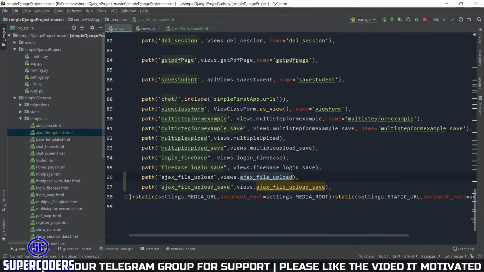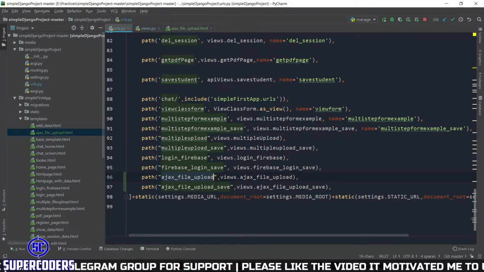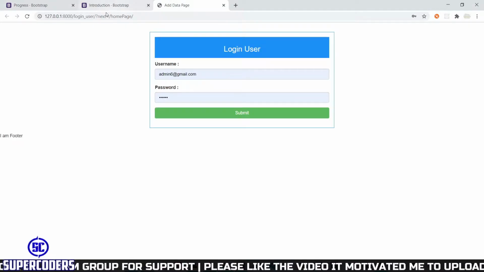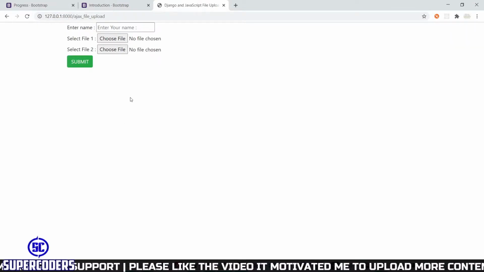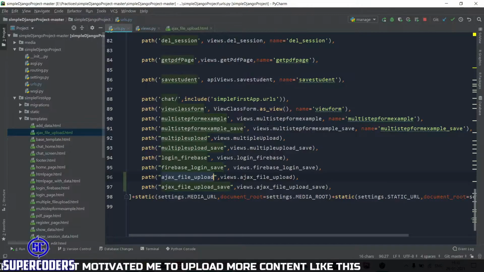So copy the URL. Let's copy URL back to Chrome. Open the page and you can see it is showing enter name, select file 2 and simple form. So let's work on it also.